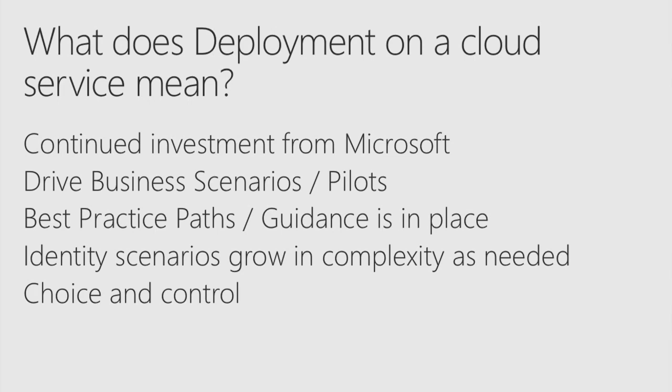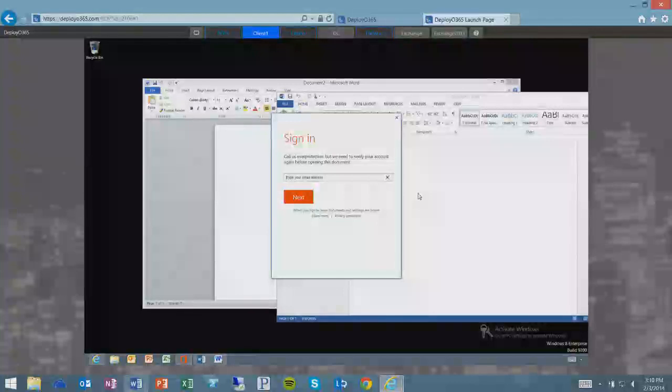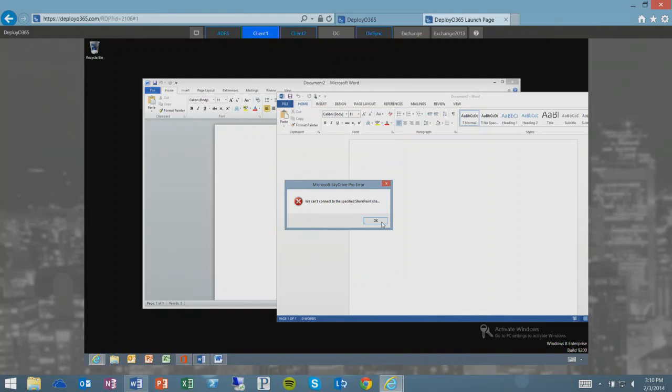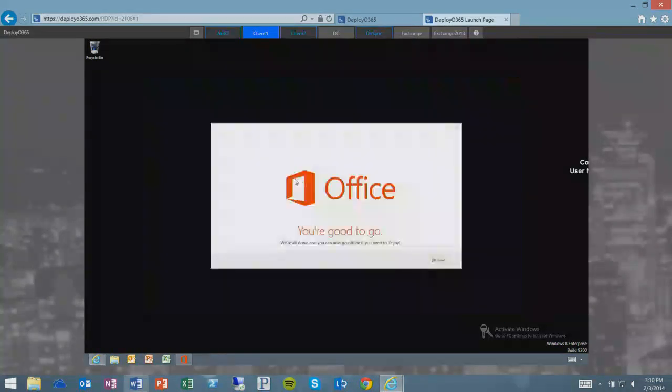Yeah. So, I didn't quite go through that, but I can. One of the things, let me go back to that, that's a good point. Hey, Office is asking me for my username for the first time. So this is what it looks like, and you put it in once, and then it's done, and it activates you. So let me just close down a couple of things, make sure I'm on the right one.